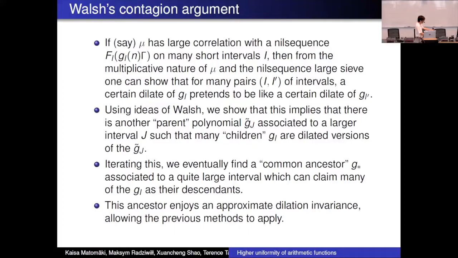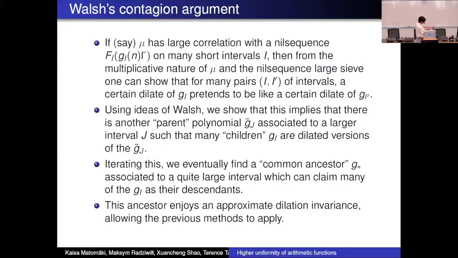But the Mobius function is multiplicative. You can take an interval and dilate it, and there's some relationship between the Mobius function on the dilated interval and the Mobius function on the short interval because of the multiplicative properties of Mobius. Now there's a problem because if you dilate by, say, k, it's only the multiples of k inside the dilated interval that directly relate. But hopefully that's some sort of representative sample of the full interval.